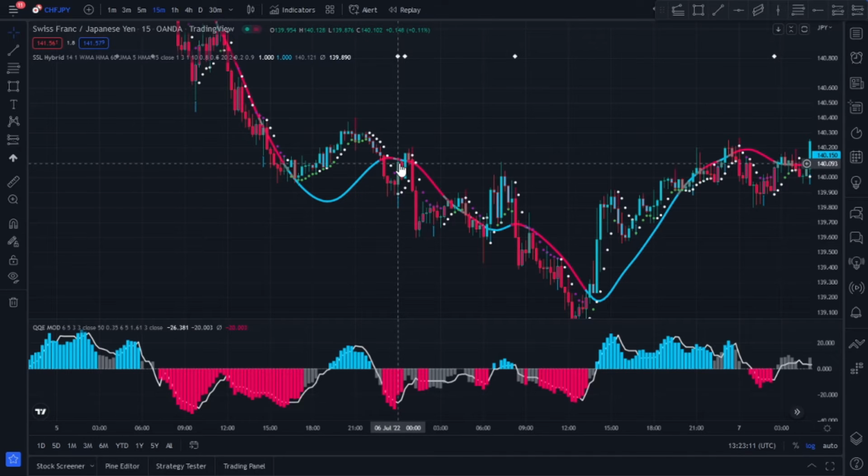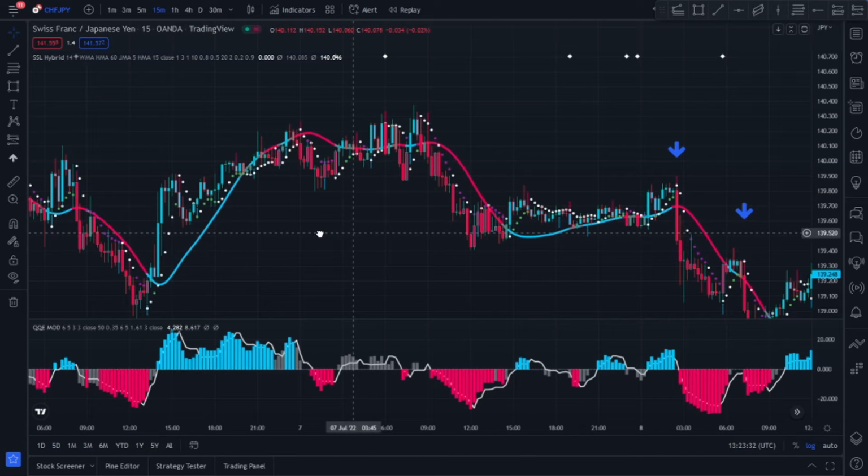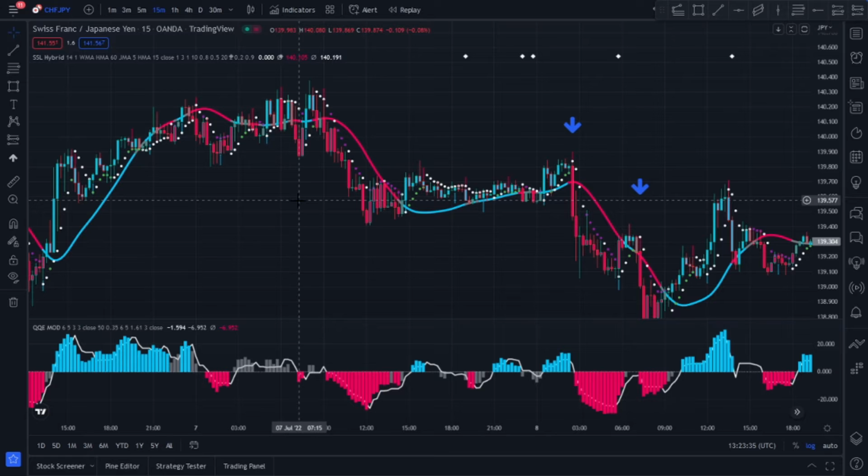enter a long position. For short positions: 1. The SSL indicator line should be red. 2. The price is below the line. 3. The color of the QQE Mod bars should be red. In these conditions, the downward signals shown by the SSL indicator with a red arrow are valid, and we enter